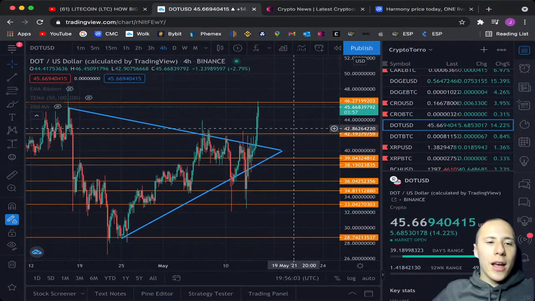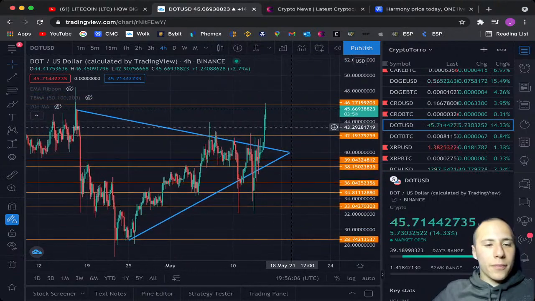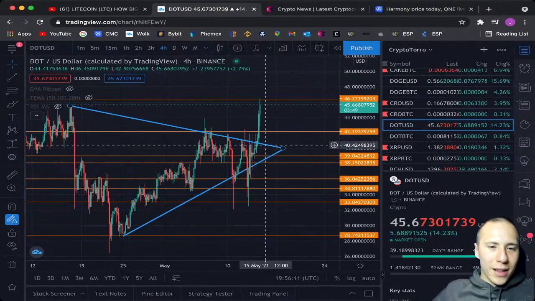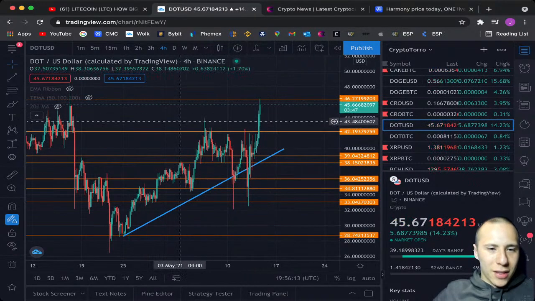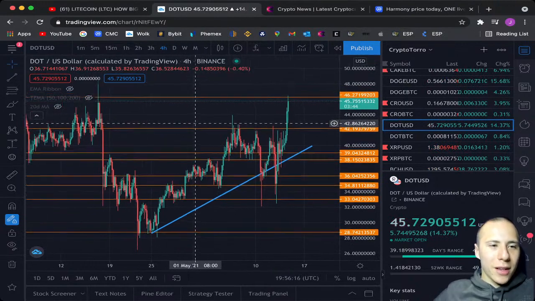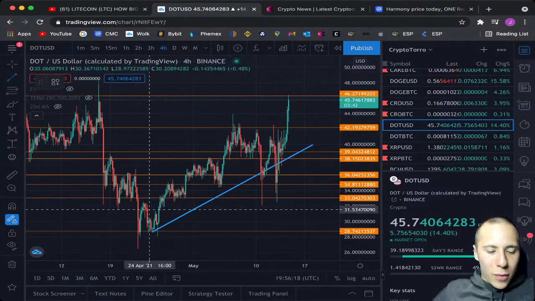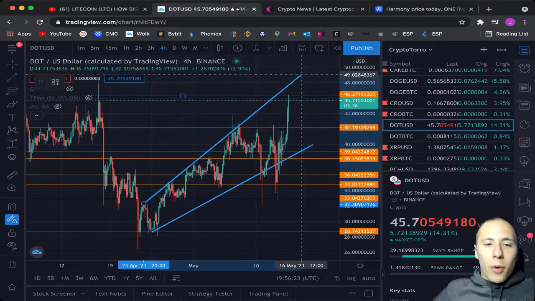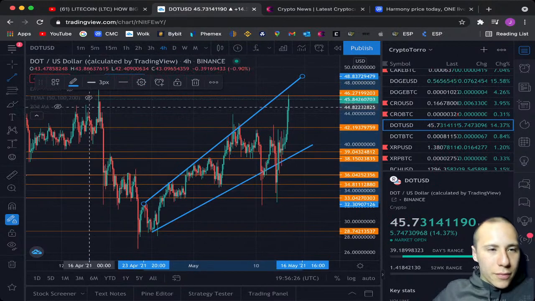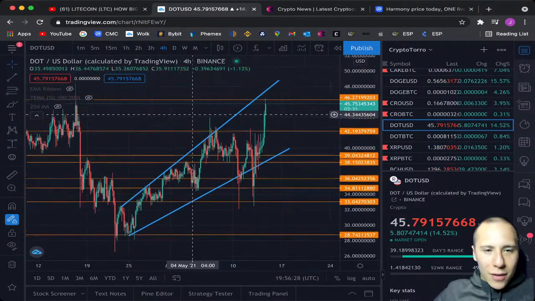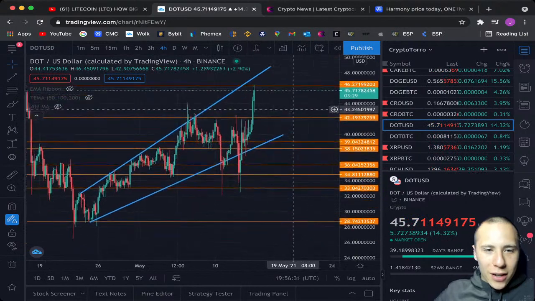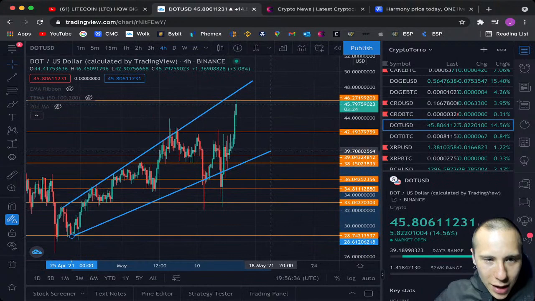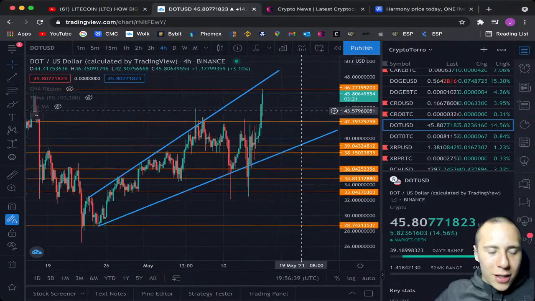And what we are seeing here on the Polkadot chart is, you could say, a triangle, but right now I will be removing these lines because I'm not completely pumped about how that line was drawn. I'm more probably looking at this, once again, as a broadening wedge. And what we are seeing is that, yes, Polkadot will be breaking once again above this channel where it's currently trading at.